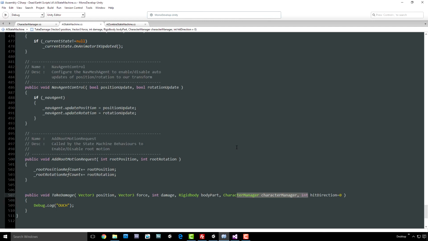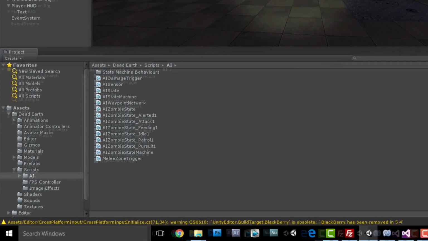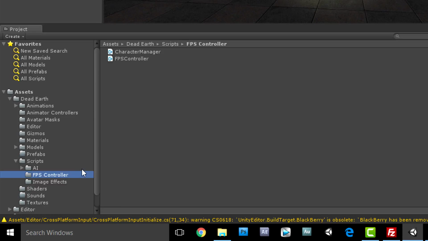Once we've done that and we know that our firing system is working correctly, we'll then come back in and delete this ouch debug log, and replace it with the code that actually ragdolls Jill. So let's save off what we've done, go back to the editor and just check we haven't got any errors. No, we haven't. Unexpected. And now I'm going to step up from my scripts/AI folder, and step down into my FPS controller folder,